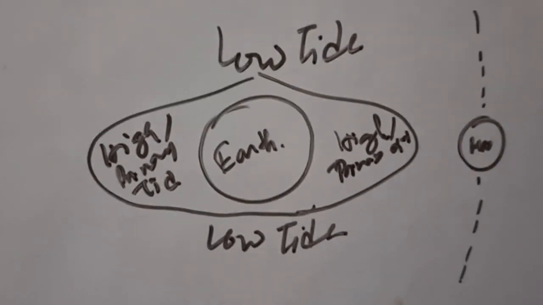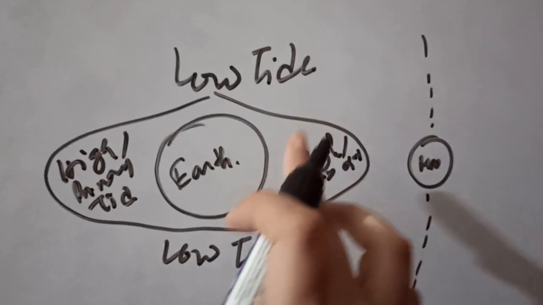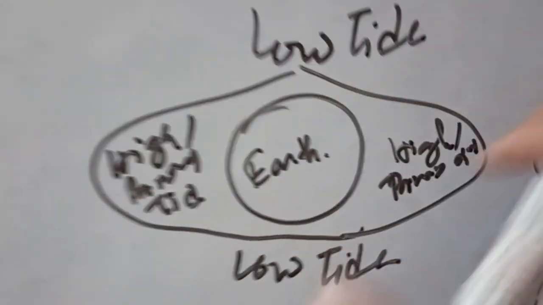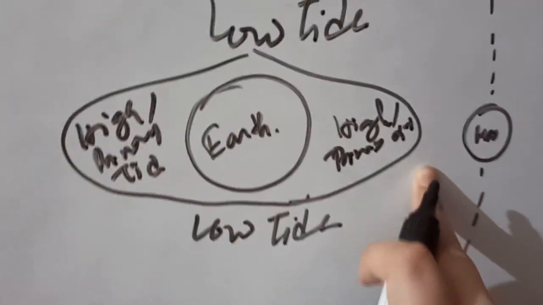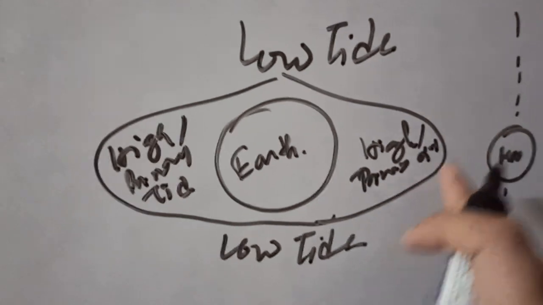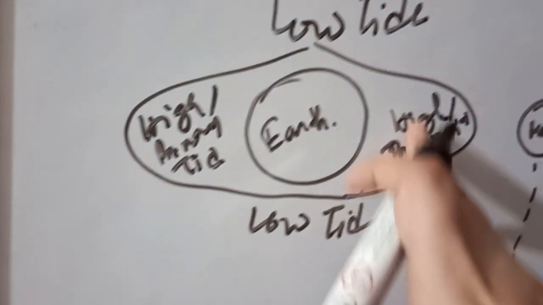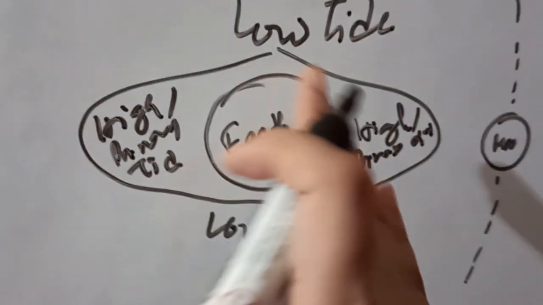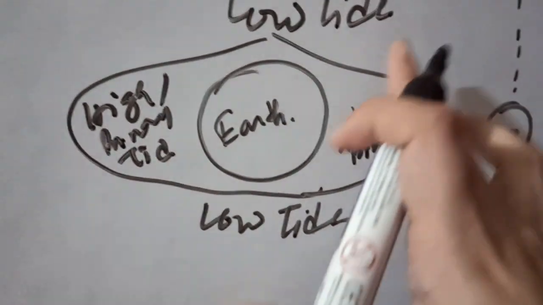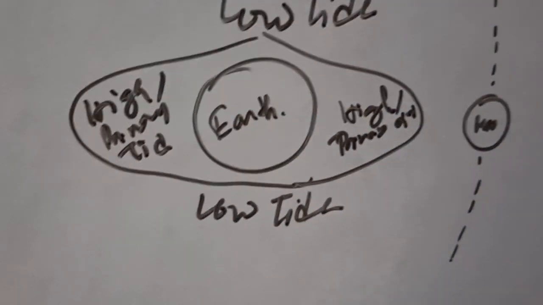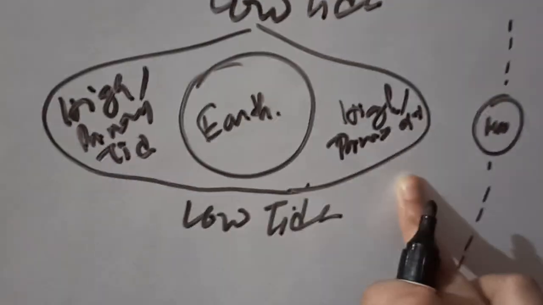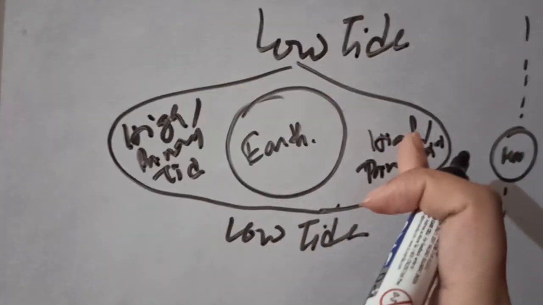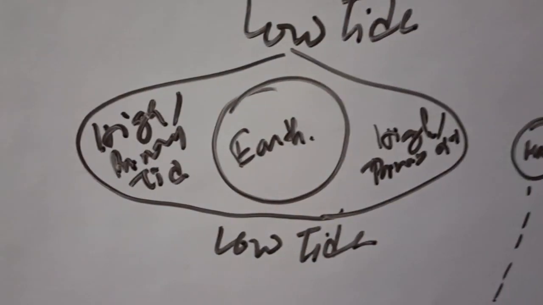So the ocean water of the earth that is nearest to the moon swells up by the gravitational attraction of this moon, and it happens when the moon is directly overhead of the earth and its attraction forces the water to swell up on the place that is facing the moon and form the high tide. Okay, this high tide is known as the primary tide or the direct tide.